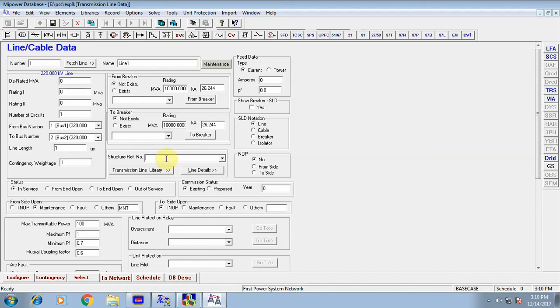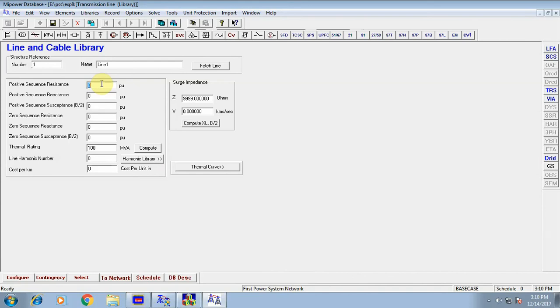I will give the structure reference number as 1, then click on the transmission line library here, and enter the positive sequence resistance as 0.02 and the positive sequence reactance as 0.06.